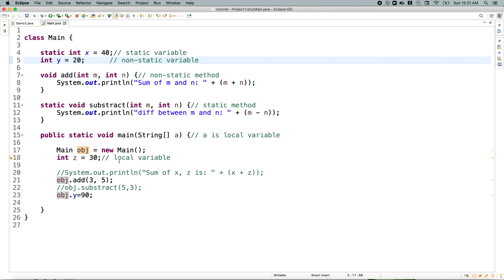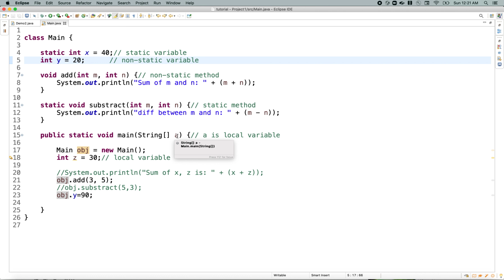We already discussed what a local variable is: if we define some variable within a method or within a block, it is local to that block, and we call it a local variable. Also the method arguments are local to that method, so they are also local variables. We should have that clarity.